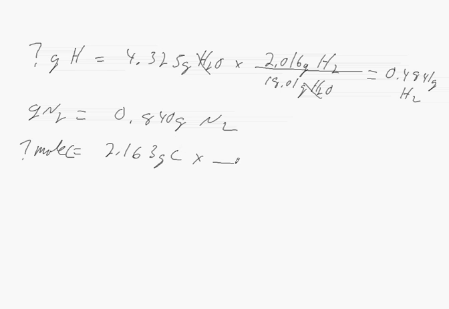And we know that if we take our carbon and divide by 12.01 grams, that equals 1 mole of carbon. That will give us 0.1800 moles of carbon. If we ask ourselves how many moles of hydrogen we have, well, we're told that we have